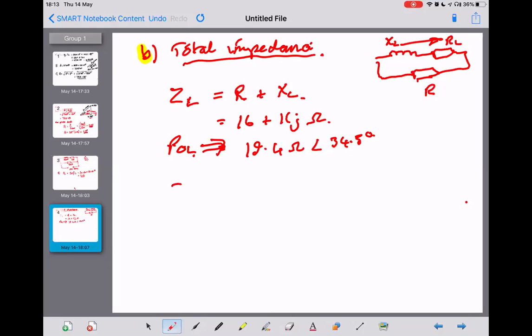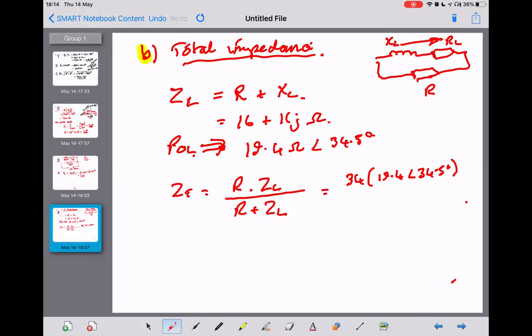Now we need to do ZT is R times ZL over R plus ZL. What's the other resistor? 34. So it's 34 times 19.4 angle